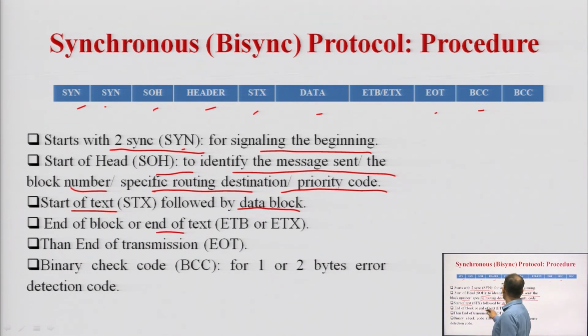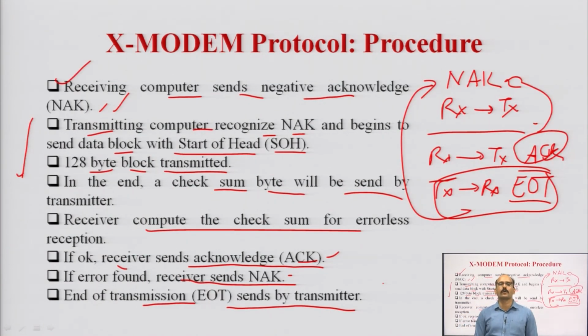Then the end of the block, or end of the text, ETX, shows the end of the data. After that EOT means the transmission is over, and in the last there is a binary check code, for 1 or 2 bytes of error detection codes. So you can easily differentiate between synchronous and asynchronous: in the previous one, the X-MODEM protocol, what is going on,